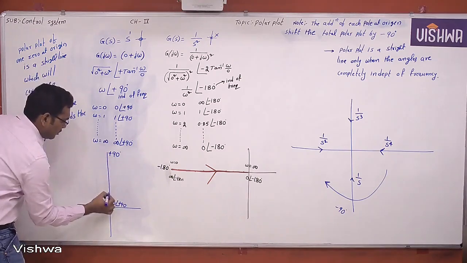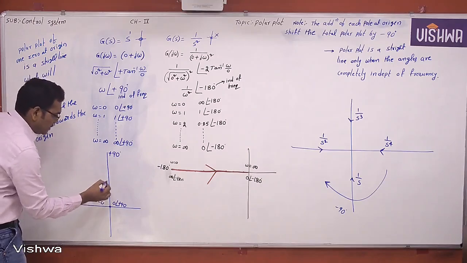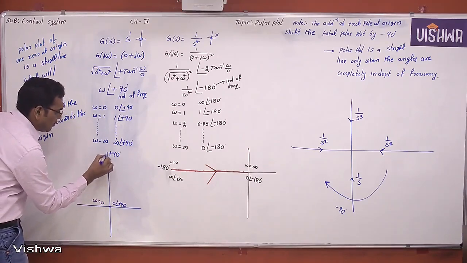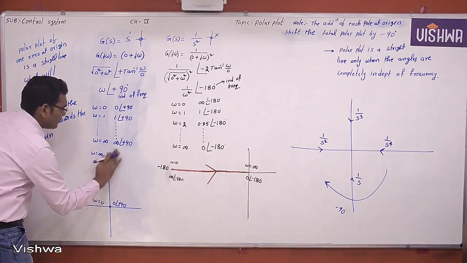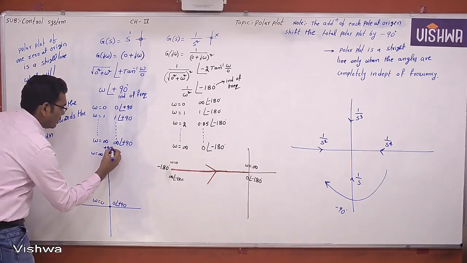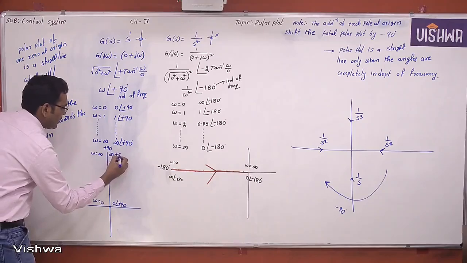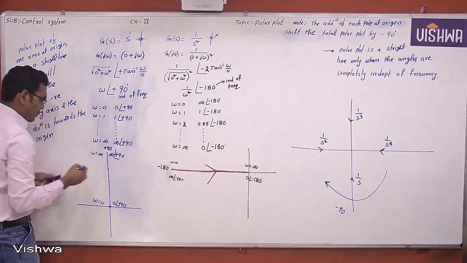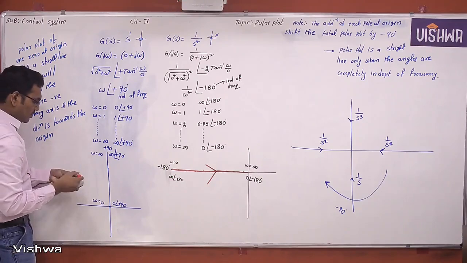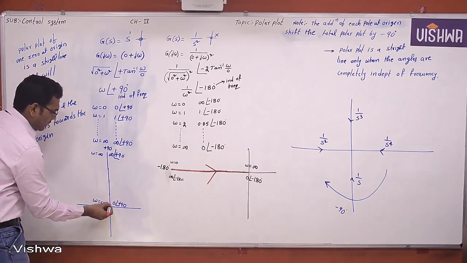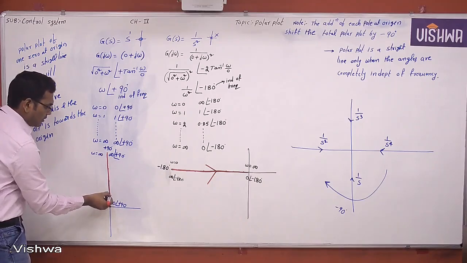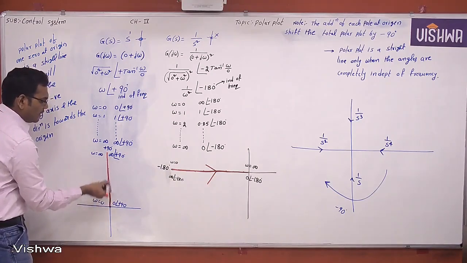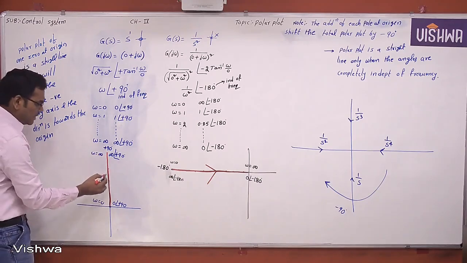When omega equals 1, 1 at an angle of plus 90 degrees, 2 at an angle of plus 90, 3 at an angle of plus 90. When omega equals infinity, infinity at an angle of plus 90 degrees. Now, where is the polar plot? The polar plot is a straight line which will cover the entire positive imaginary axis,